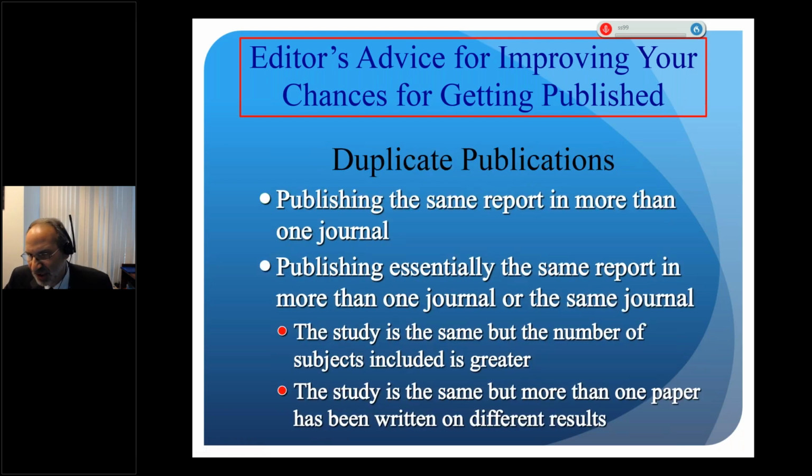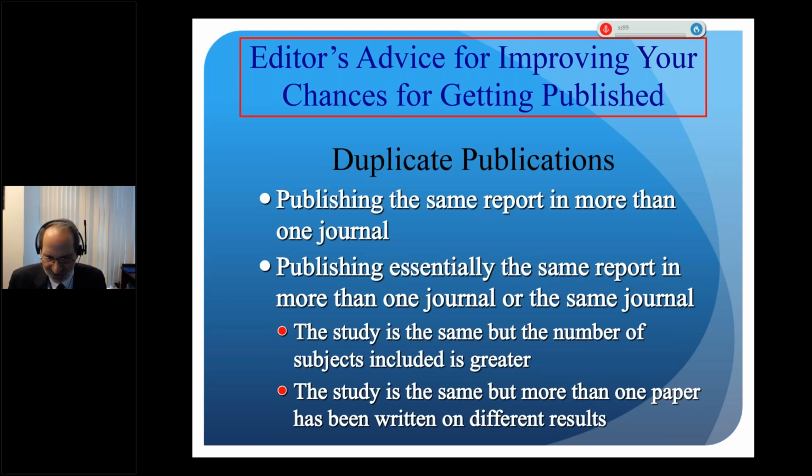Now, duplicate publication. So you do a beautiful study on your non-alcoholic fatty liver disease. It's published. We're all happy with it. And you decide you want to publish it again. You can't do that. You can publish again on the same population, but it has to be a different project. You can't just add 5 or 6 or 7 more patients and write it up again the same way. But if there's a new message because it's another year of follow-up, that's okay. But you have to be very careful.